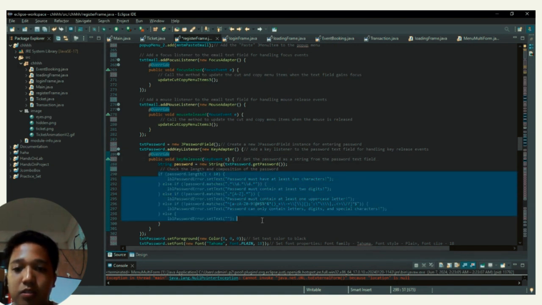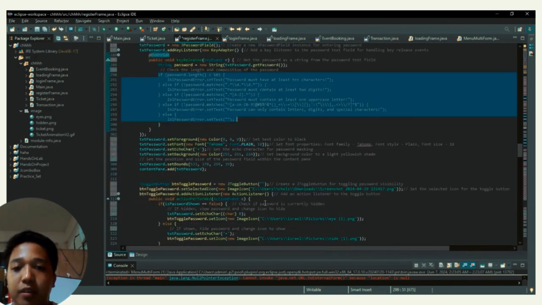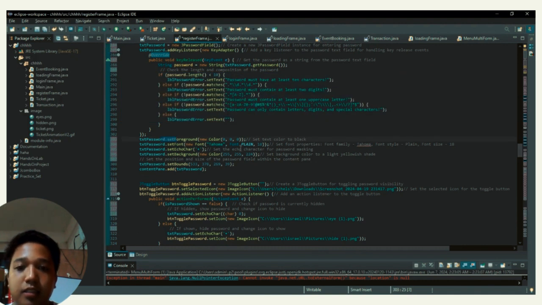And this code checks the length and composition of the password. The next line is to set the text color to black. The next line is to set font properties: font family Tahoma, font style plain, font size 18.